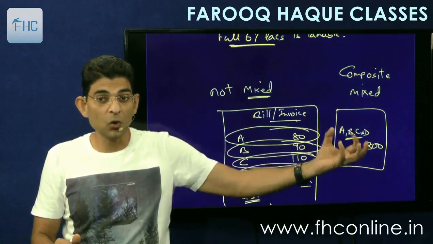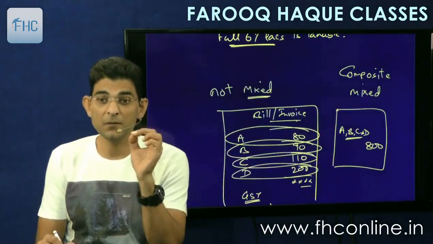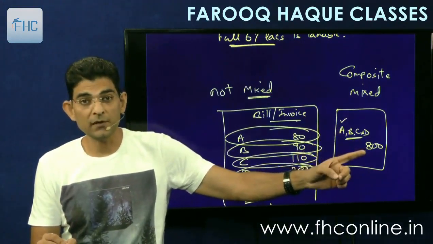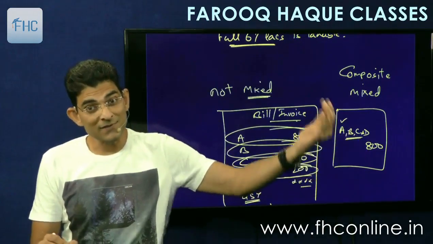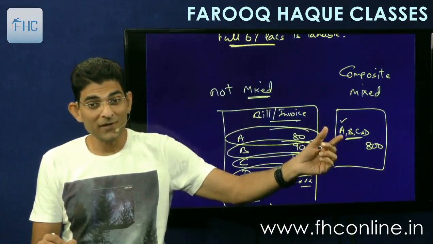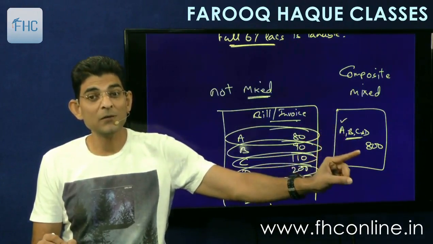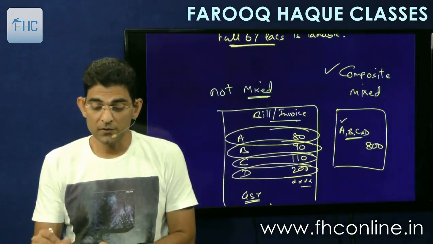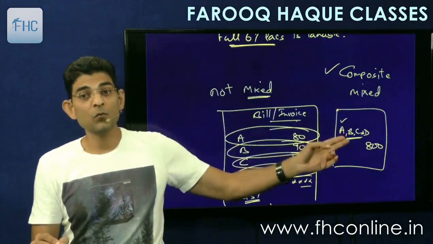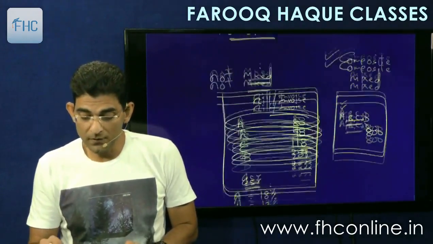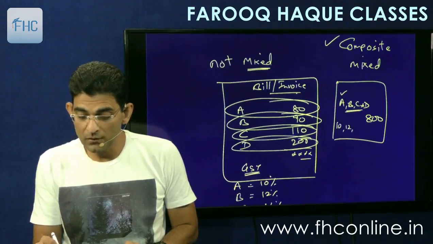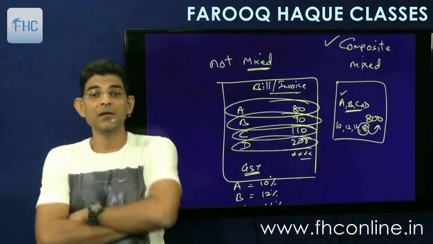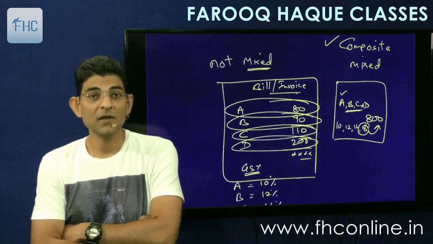Now if these 4 are composite, then we'll see which is the principal item. If the principal item is A, then we'll apply the rate applicable to A to this whole thing. So it might happen that B, C, D are taxable at a higher rate, but if A is taxable at a lower rate and that is the principal item, then that rate will be applied to the whole 800 rupees, right, if it is composite. And if it is a mixed supply, then we'll see what are the rates of tax applicable to all these 4 of them. So it is 10, 12, 14 and 18. Highest rate is 18, so you'll apply 18 to the full 800 rupees. This will happen in case of mixed supply.